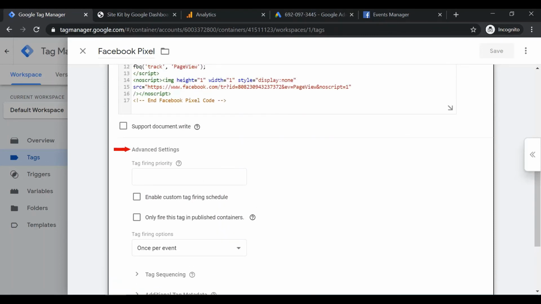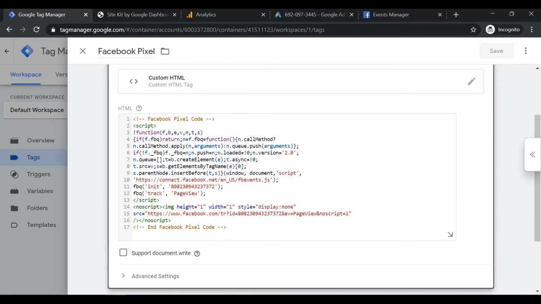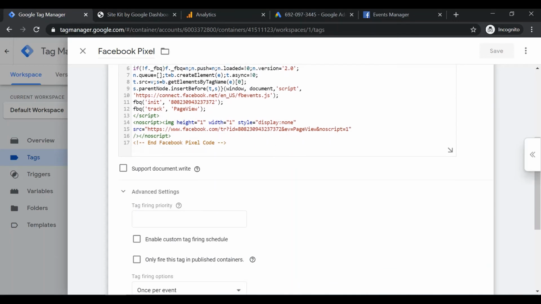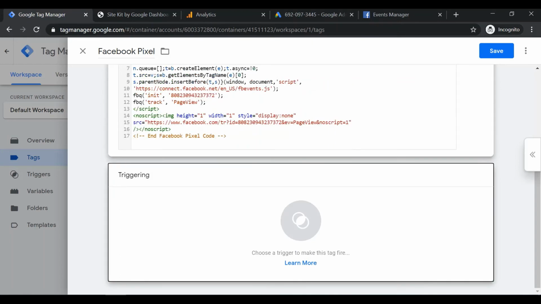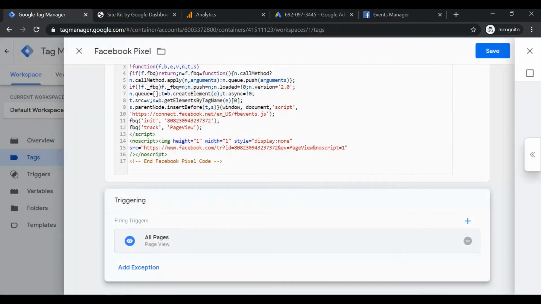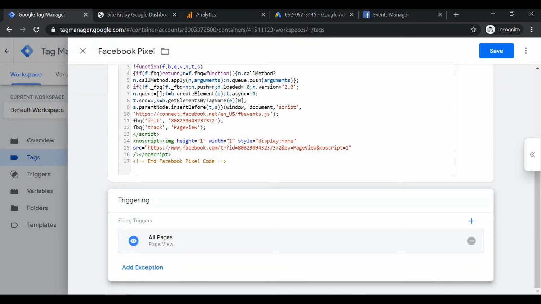Select Advanced Settings and under Tag Firing Options, let's change once per event to once per page. This will mean that the Facebook pixel is not fired multiple times as someone is browsing a page on our website. Now select Trigger. Select All Pages Trigger. Then save the tag.